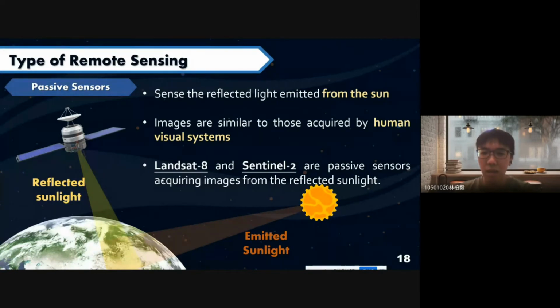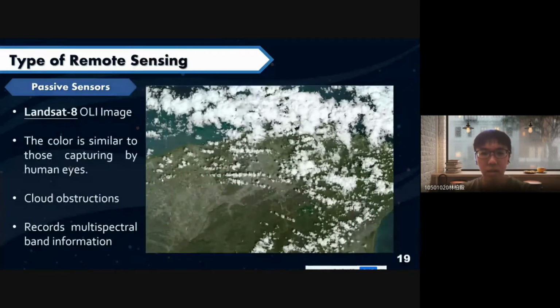Landsat 8 and Sentinel-2 are passive sensors acquiring images from the reflected sunlight. This is the example image from Landsat 8 OLI. We can see that the color is similar to those captured by our human eyes.